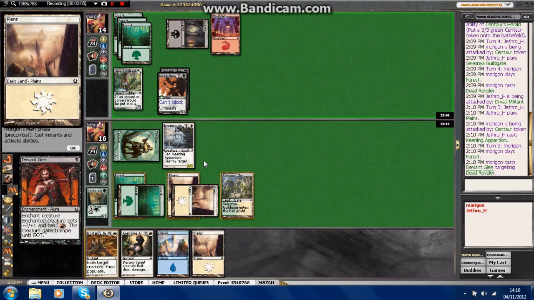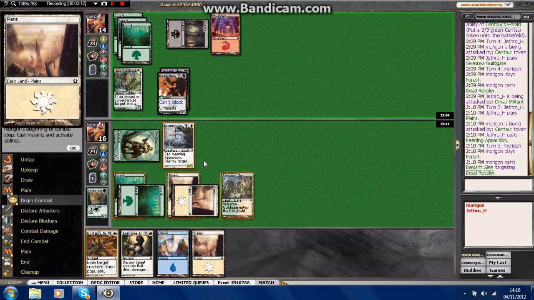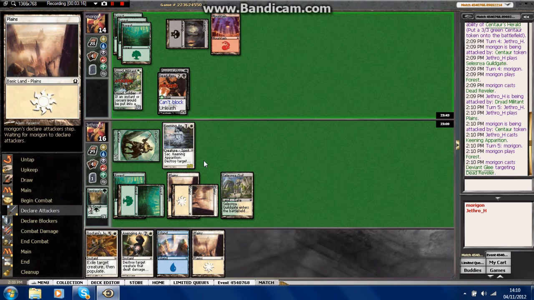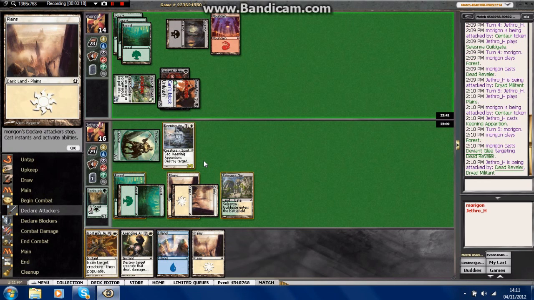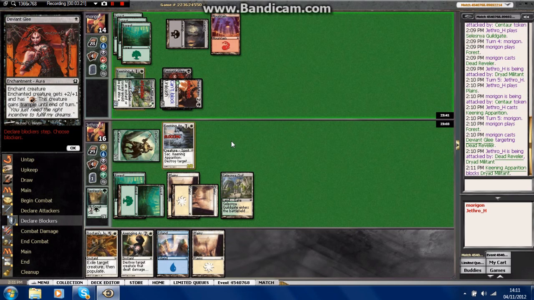So, ooh, that's good for us. That's good on so many levels. We could kill that with Keening Apparition. I feel like we're just going to take 5 and then Avenging Arrow, get our 2 for 1. Yeah, so we'll trade with the Dryad Militant. Going to take a step because abilities, I'm fine. Block there. I mean, I have to take 5, which is annoying, so it's not really a 2 for 1,